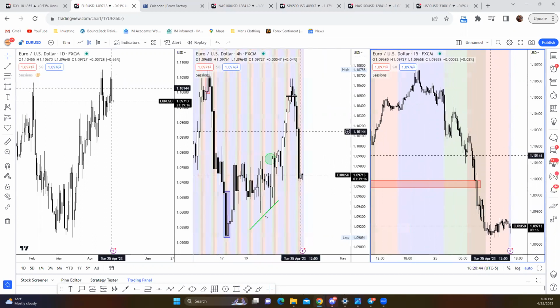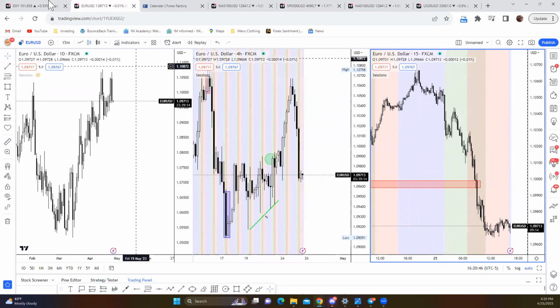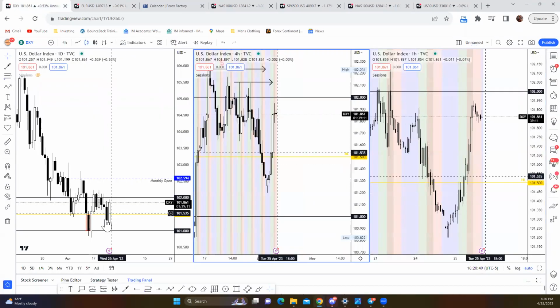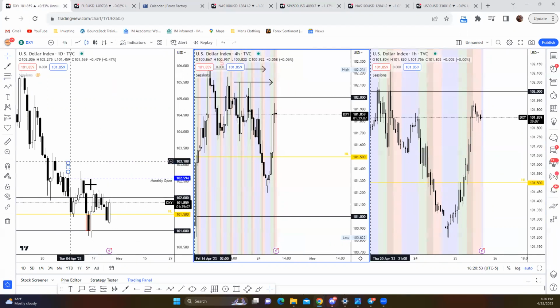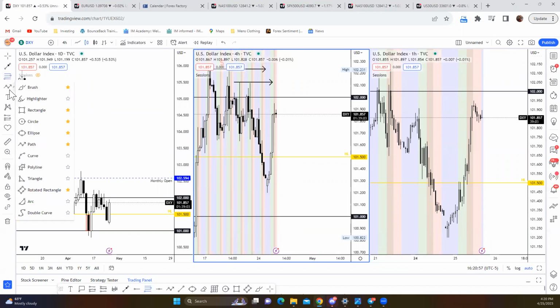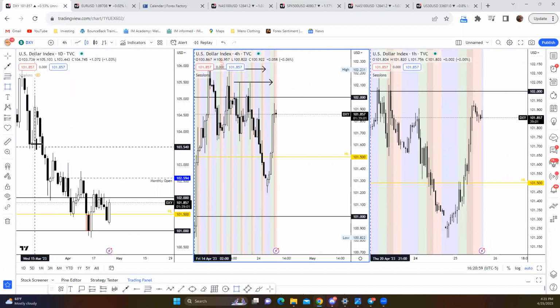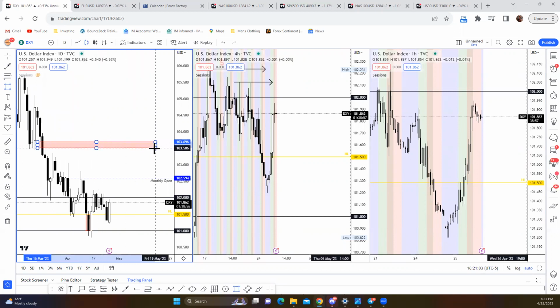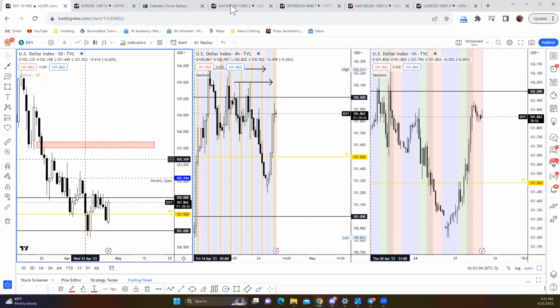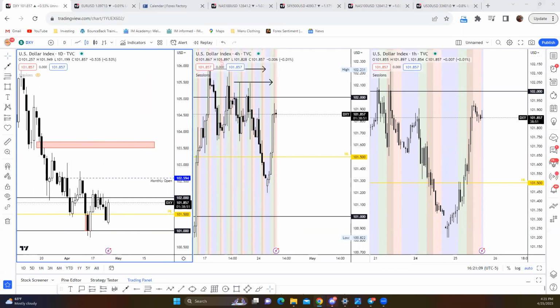So yeah, seeing this already shorting off, I understood we were going to have more strength in dollar on the daily and possibly this week, depending on what fundamentals come out. It could fill this imbalance here on dollar. Maybe not this week, but over a period of time, maybe we get up into these areas and take out these wicks. So now when you go to the higher time frame,